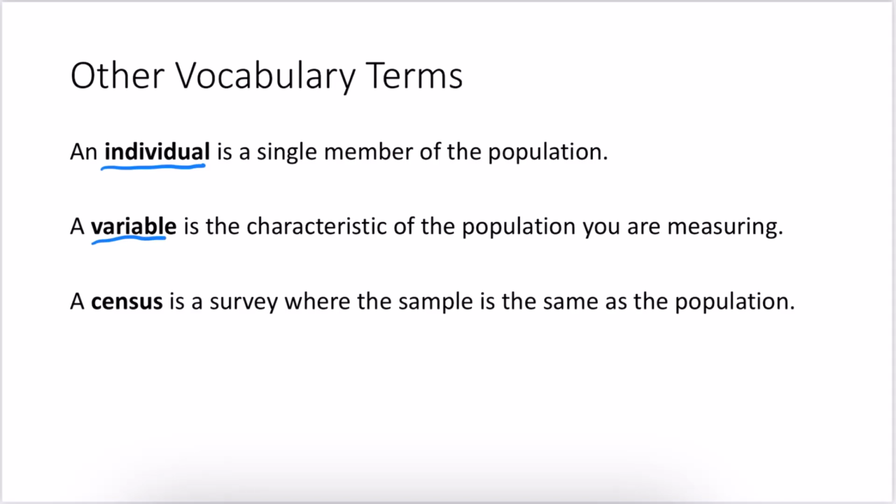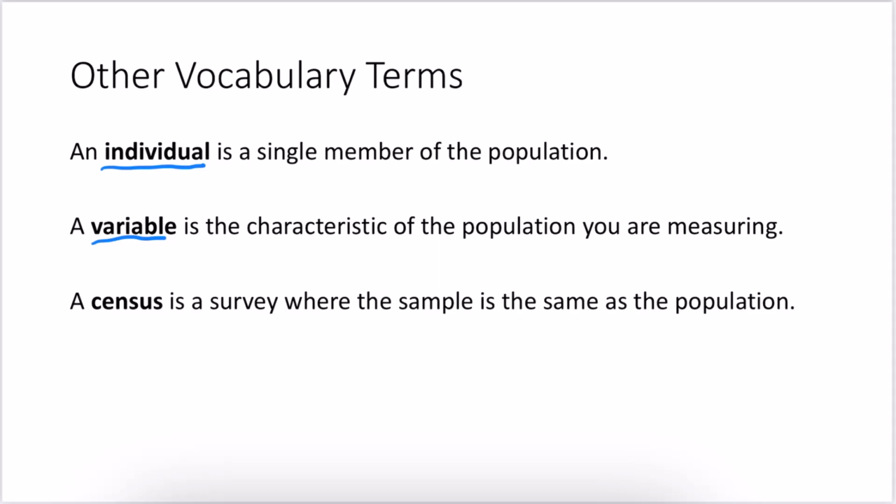For example, if you were measuring the height of SUU students, the variable would be the height. And the reason it's called a variable is because it varies depending on which individual of the population you're looking at. Some people are taller, some people are shorter, and so the height of SUU students is going to vary